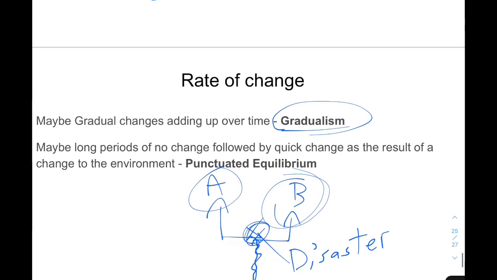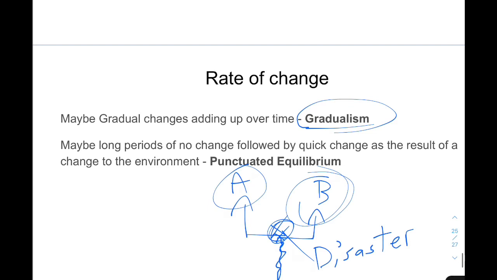So this is a quick overview of what's going on in Unit 6 and the last unit. Hopefully this